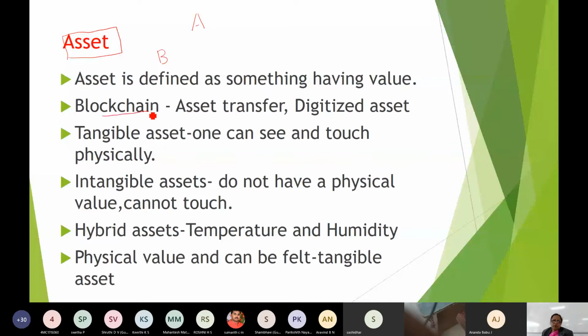Please remember, in one of the slides on designing the blockchain, we should know the asset we are going to use in the particular application. Asset is defined as something having value. Suppose it is money, it is an ID.